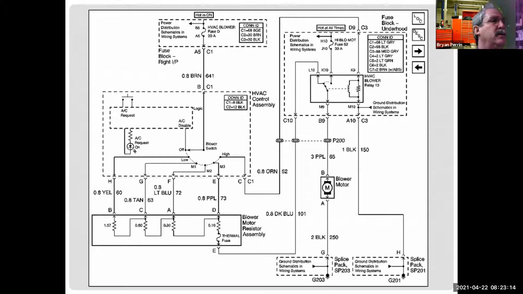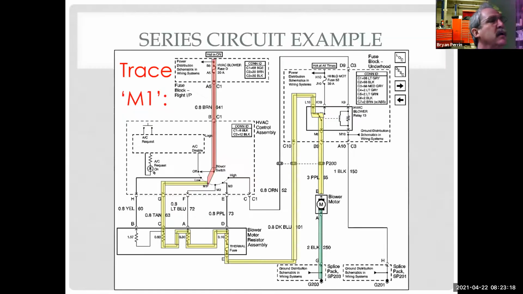All right, so let's take a look at what I got and see how it compares to what you got. So here's what I have for M1. I have my constant power coming through my fuse all the way to the end of my switch. I have my switched power coming from here throughout my module through a wire down to my blower motor resistor